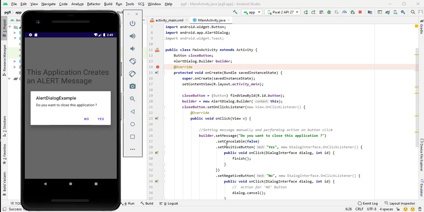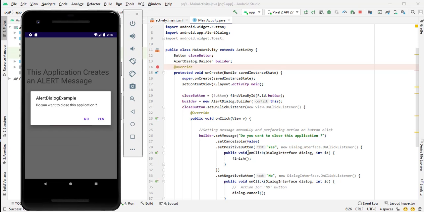Next I have called the setCancelable method, which indicates whether the dialog box is to be cancelable or not. Here the dialog box is not cancelable, so that's why you have to set the parameter false. This method takes a boolean parameter, the boolean values are either true or false, so you have to pass either true or false to this setCancelable method.